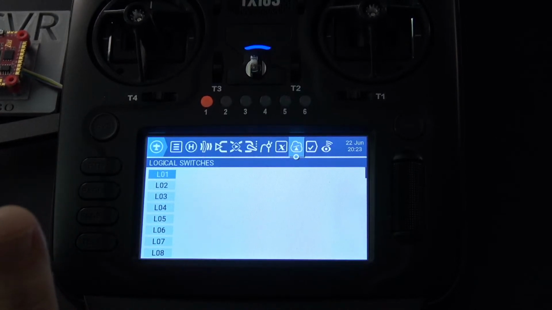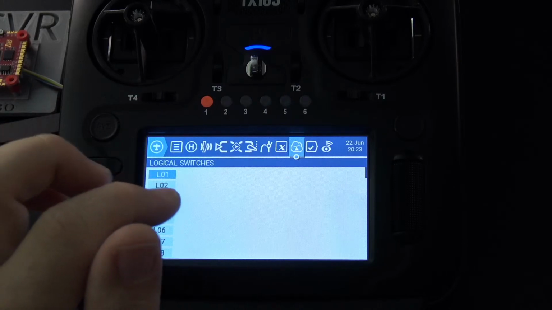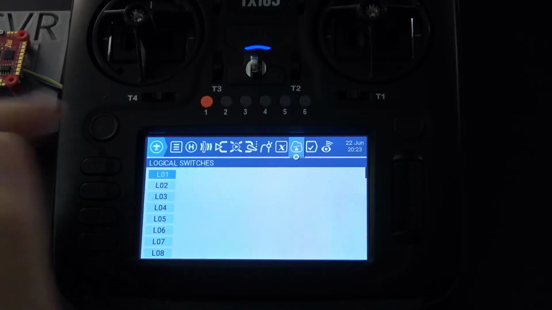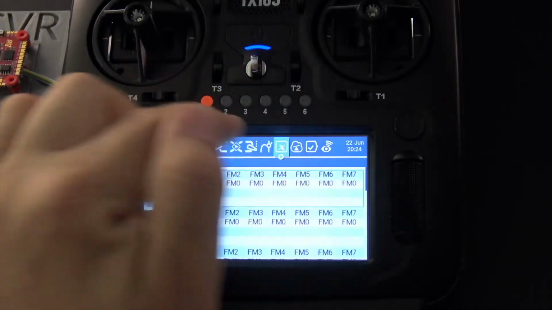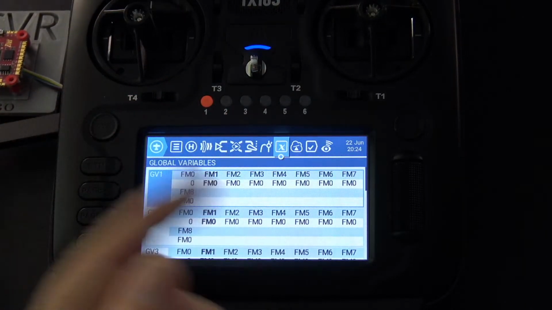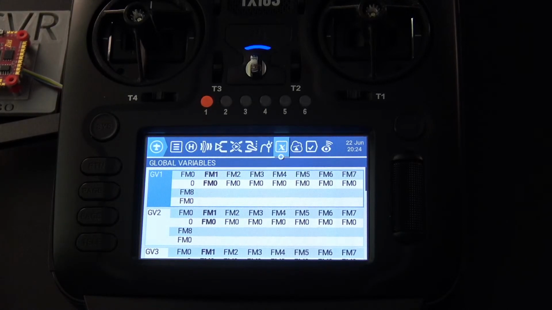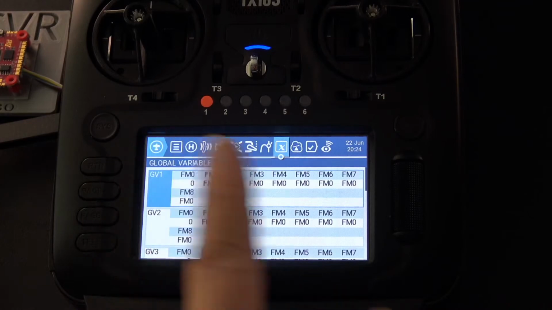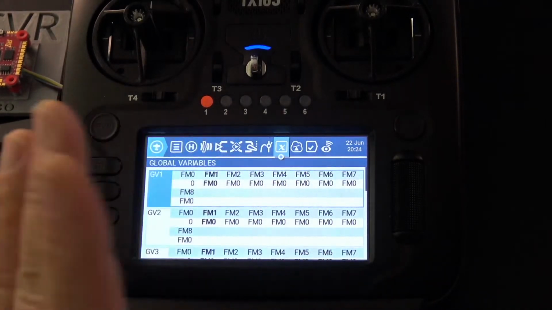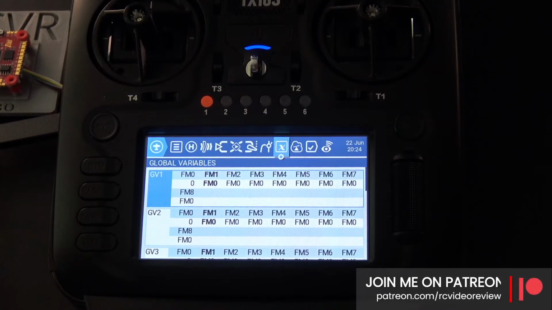So I think that's a kind of a big deal. I'm really looking forward to that kind of capability in the radio, because in my case, I've never used that tab once. And honestly, global variables are really cool, and there are certain planes where I use them, but for 95% of the things I do, I don't need to see that. So I really look forward to seeing that happen.